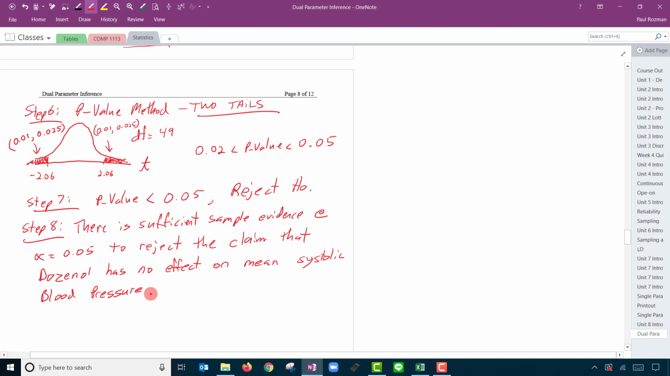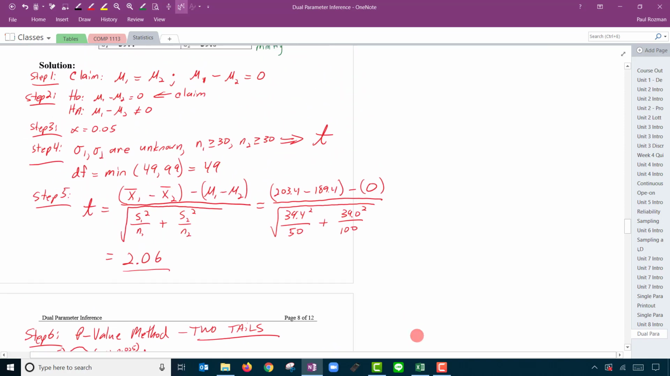This is a terrible hypothesis test. I hate this test. The reason I hate it is that our p-value was kind of in the gray area. Our p-value is smaller than alpha, so we rejected the null hypothesis. But what if we changed alpha? If we had initially in step 3 written alpha equals 0.01, which is a very common choice,